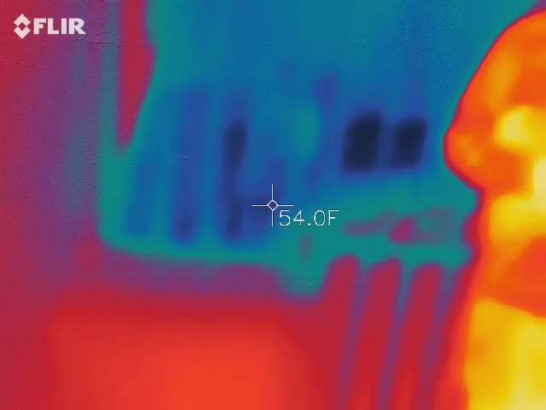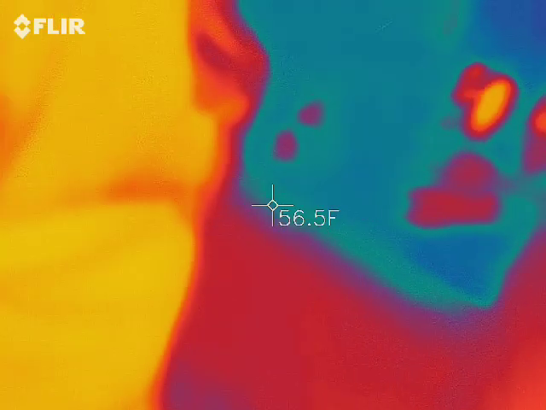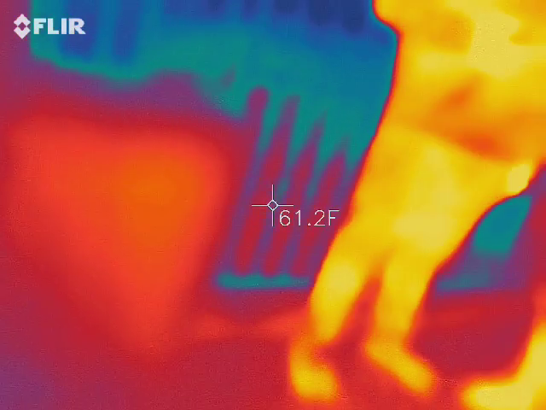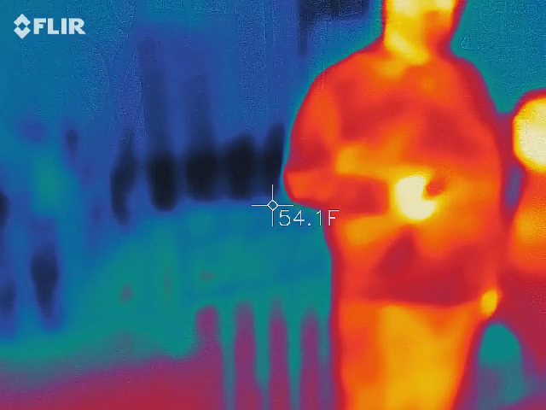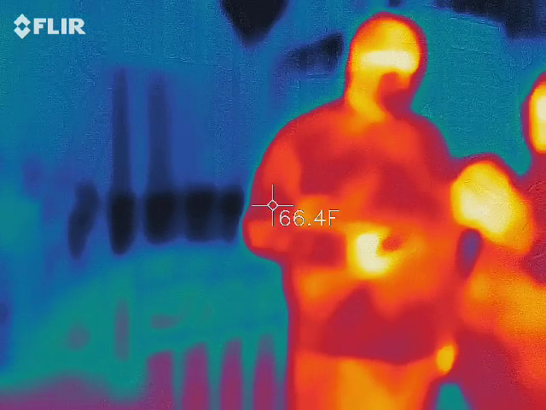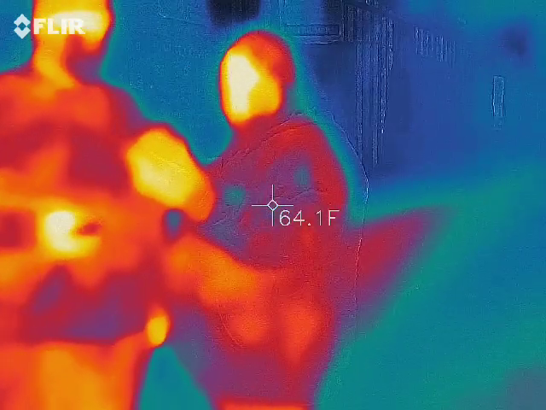There's a group of people coming. Any difference on the temperatures? No, we haven't had any. We've been within a degree or two of each other the whole time. Oh, wow.